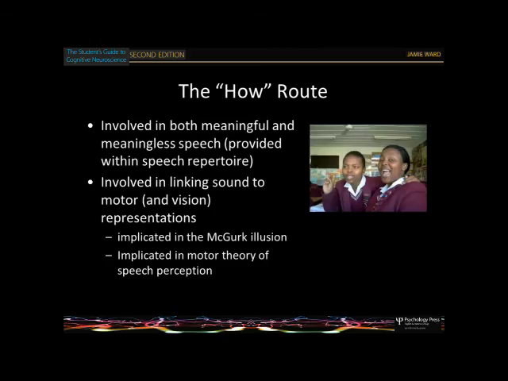It also depends on what is in your speech repertoire. I don't know whether you've ever heard of click languages before. I think they're only in Africa, it might be in South America as well. There are various clicks that you can do, about 4 or 5 of them. But anyway, to us, those are not in our language, to them, those are actual phonemes. So listen to this film.